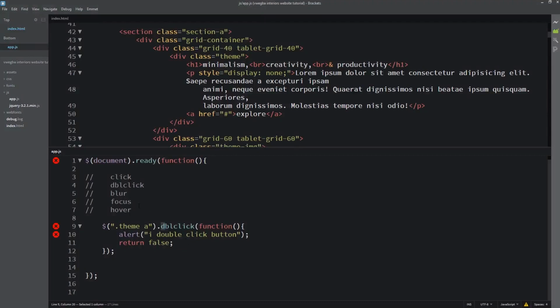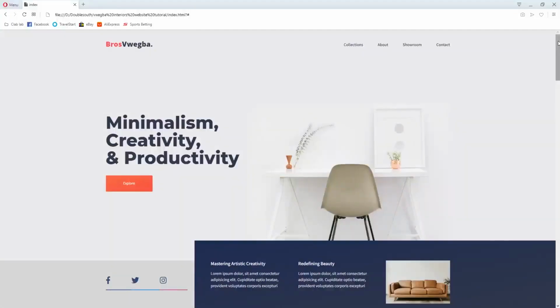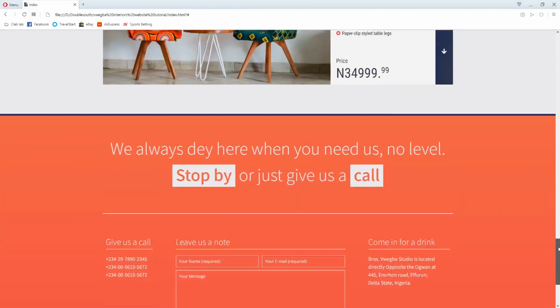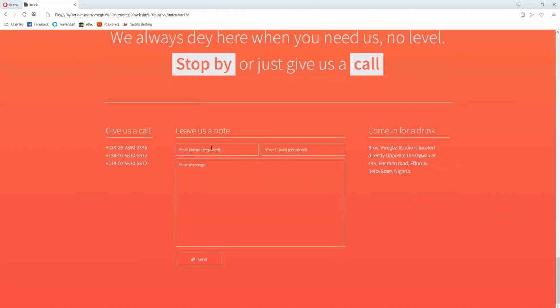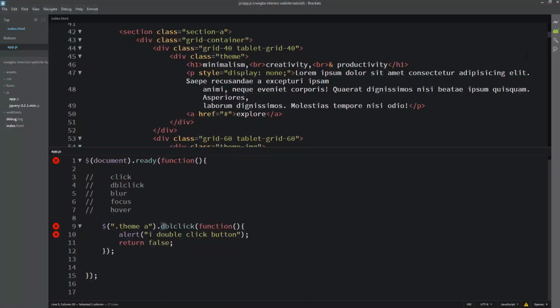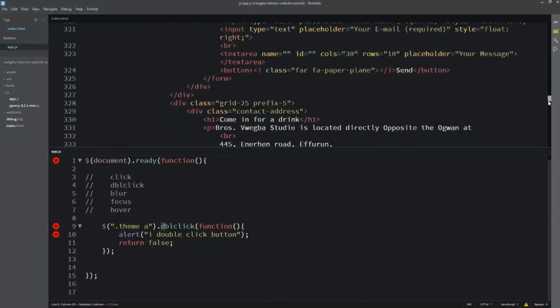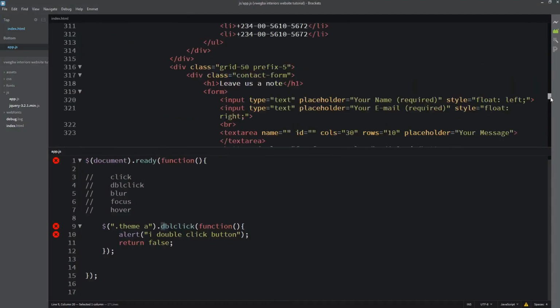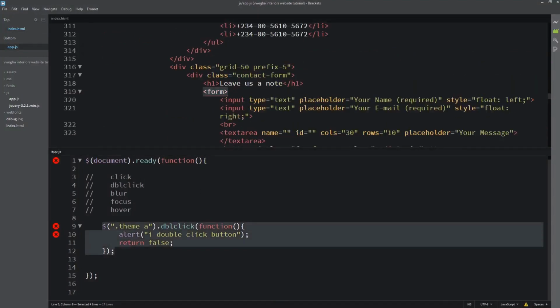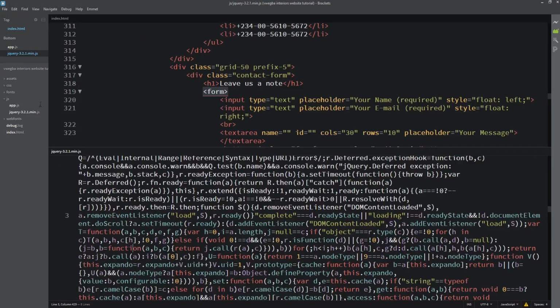Then the blur event works with input fields. To do that, I'll target the input field in the form.